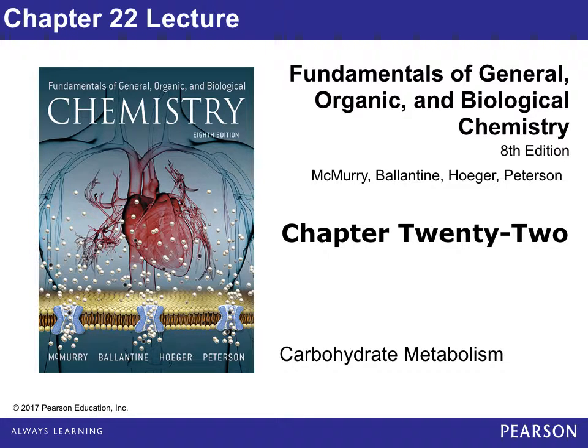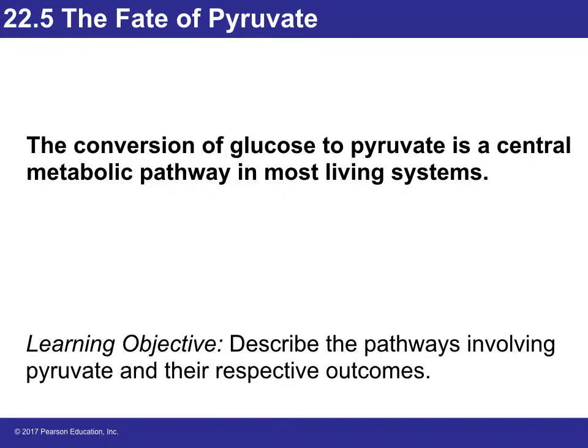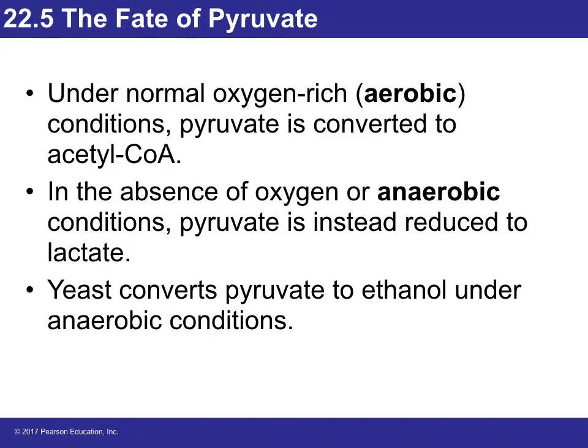Third part for that chapter 22, we're going to look at the amount of energy that is produced when glucose goes through a full catabolism. So conversion of glucose to pyruvate is a central metabolic pathway in most living organisms. What will happen is you can have either oxygen-rich, so normal conditions, which is what we call aerobic, then the